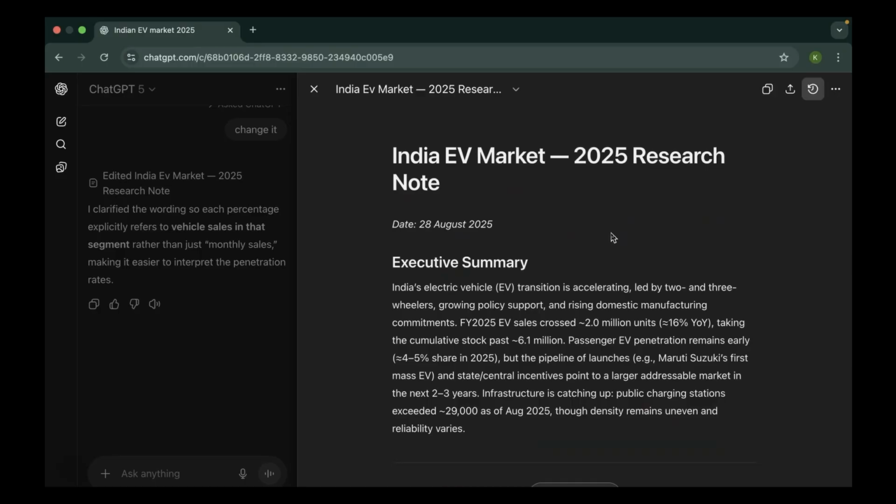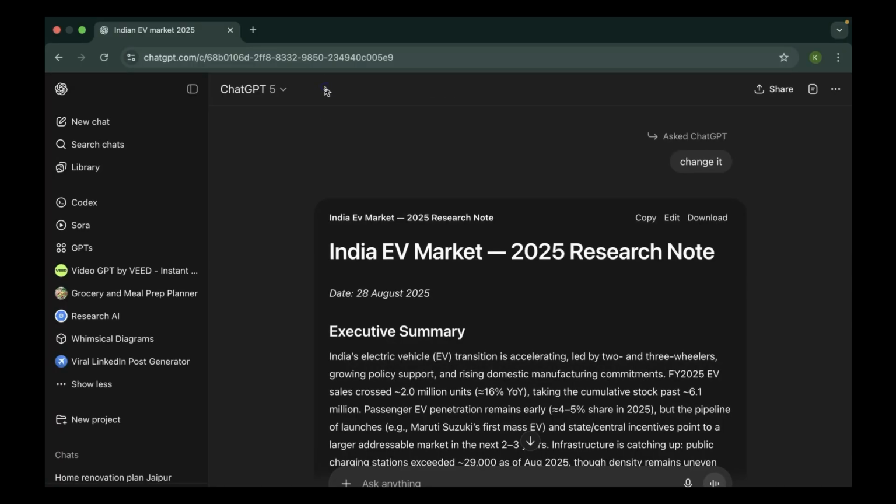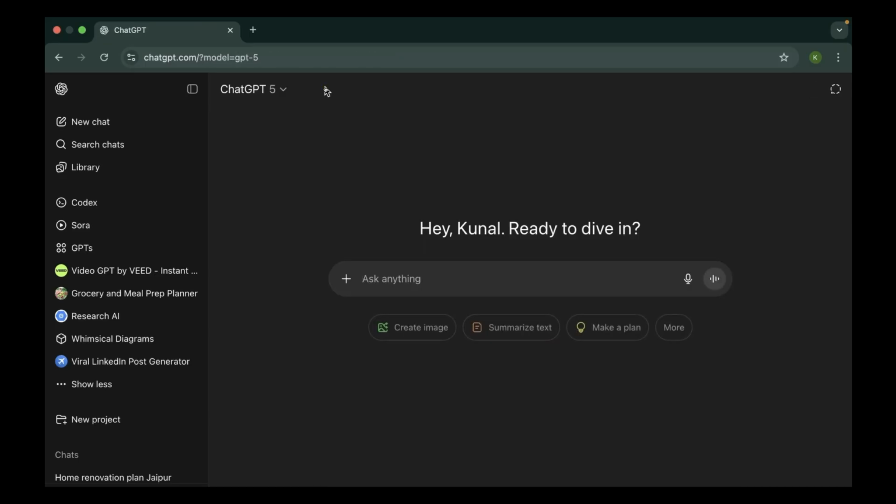Now let's see the last part of this particular lecture, and we are going to jump into image generation by ChatGPT, which I believe is the best thing right now. You can create really nice images. And since I have the plus version, the images for me will be much better. But you can also create nice images using ChatGPT, but you will have to give more specific prompts.